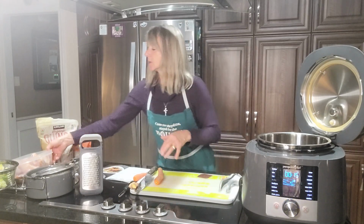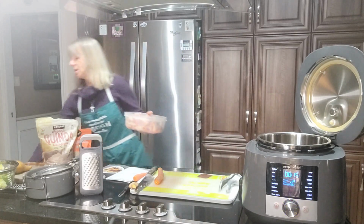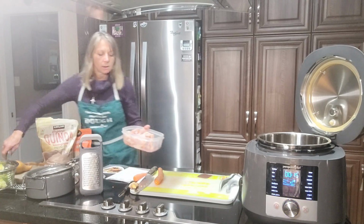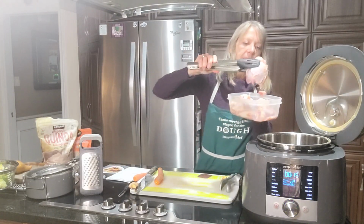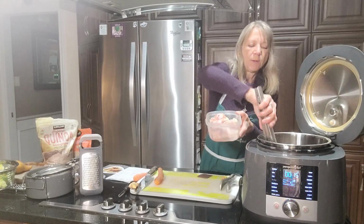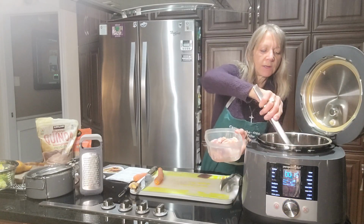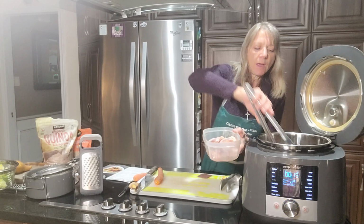All right, so next, then we've got our chicken, okay? And what I have here are chicken thighs. So these are antibiotic free chicken, and it's 1.2 kilos that I've got. So that's important to know how much, because you need to set your cooking time according to how much